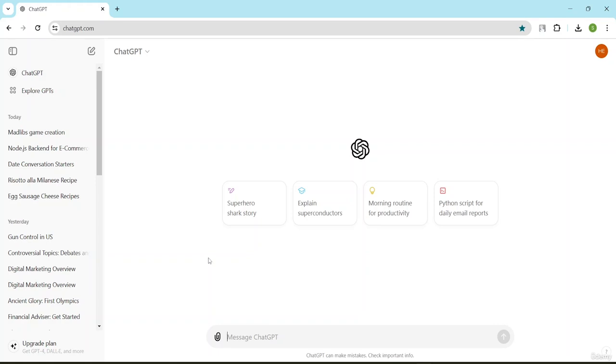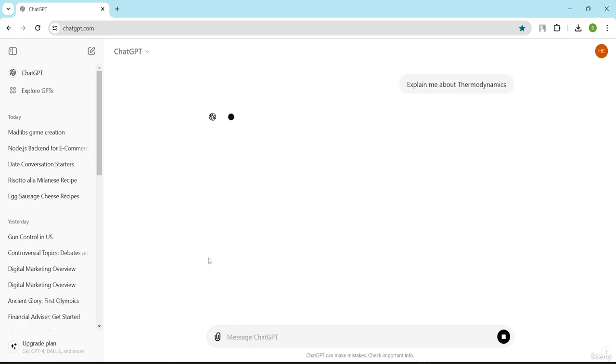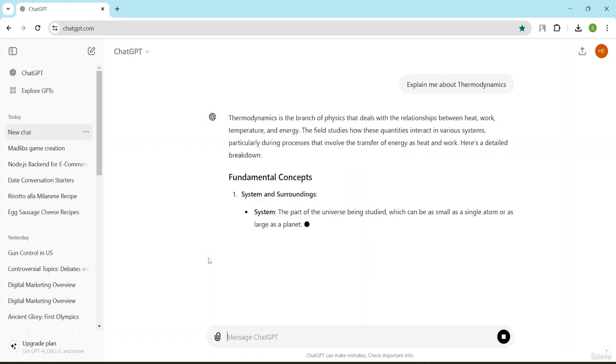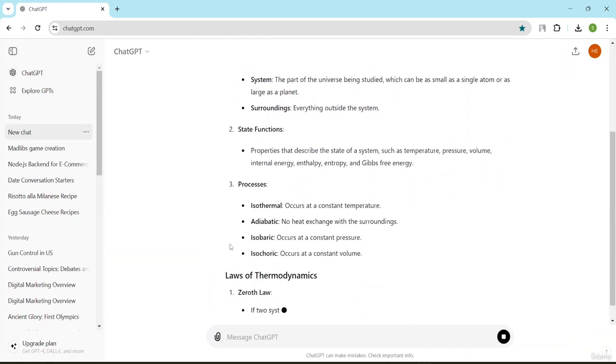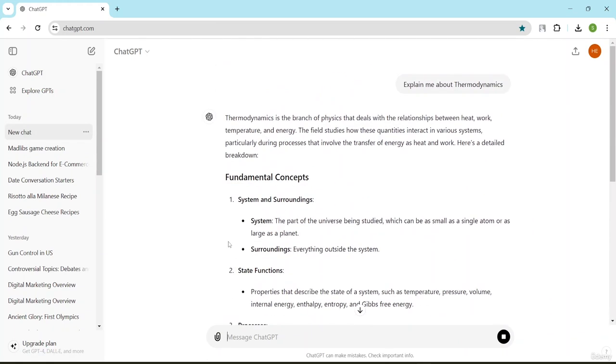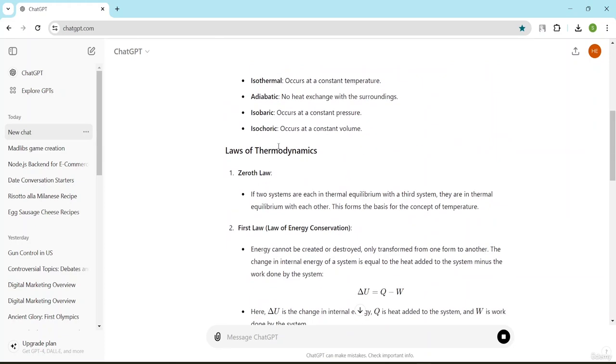Okay, so if I come here and write, explain me about thermodynamics, and I just type this down, here you guys can see thermodynamics is a branch of physics that deals with the relationship between heat, work, temperature, and energy. But over here, sometimes you guys might feel that this one is